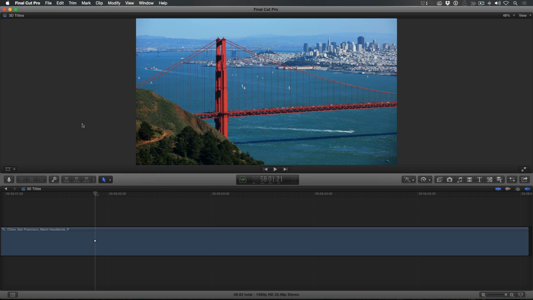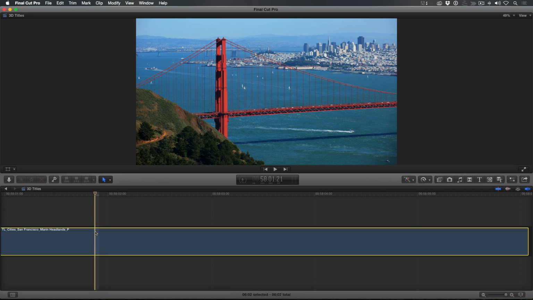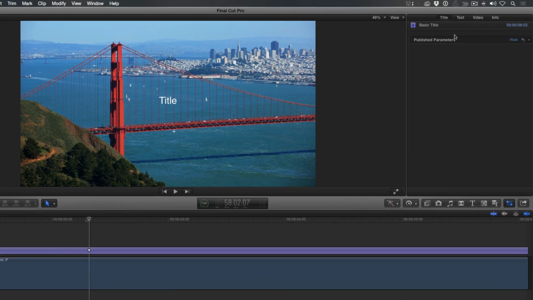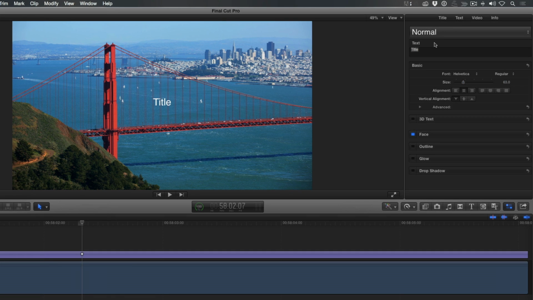I'll begin by introducing you to Final Cut Pro 10's simple yet powerful 3D title interface. Here's a shot of the Golden Gate Bridge. I want to create a 3D title that matches its perspective, lighting, and color. I'll select the clip and press X to set a range, then press Ctrl-T to add a basic 2D title. In the inspector, I'll type out San Francisco